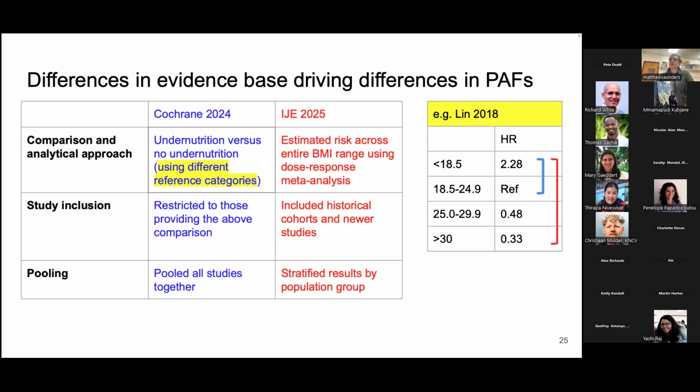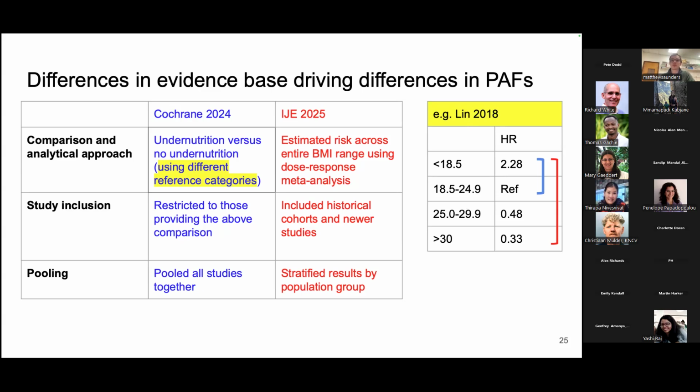And that's why I've included this on the right-hand side, which is basically how the data were extracted. So in one of the studies, Lynn, for example, which was the study I showed earlier, in the Cochrane review, they would have just extracted the blue, the 2.28 number for the risk of TB associated with undernutrition. Whilst in our review, we tried to include all of these risk ratios in the dose response meta-analysis and capture